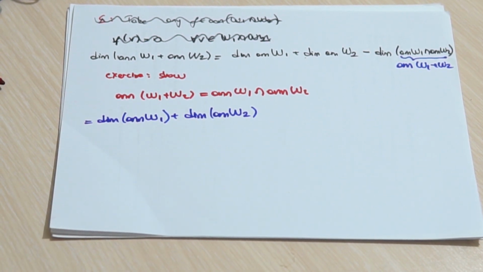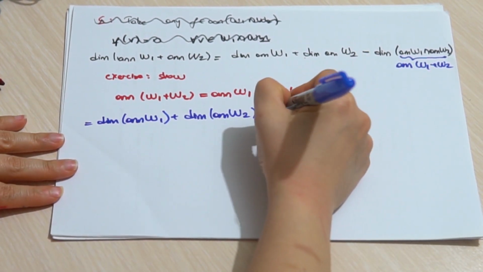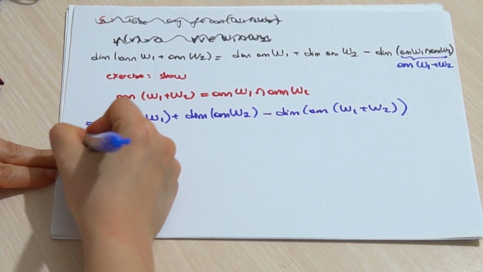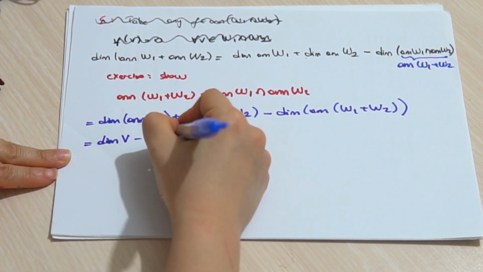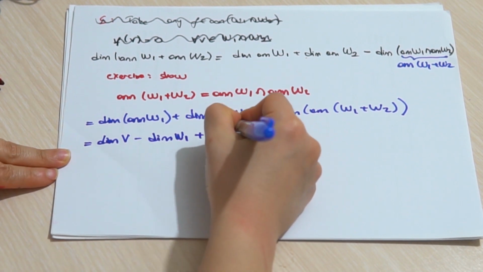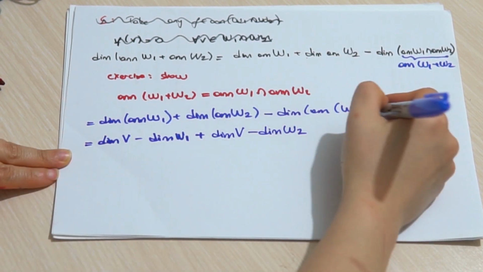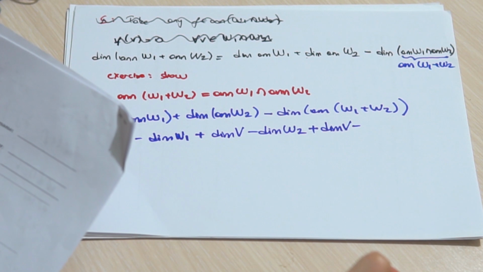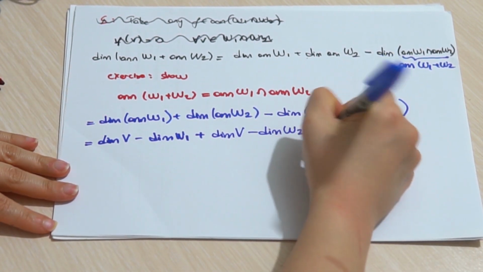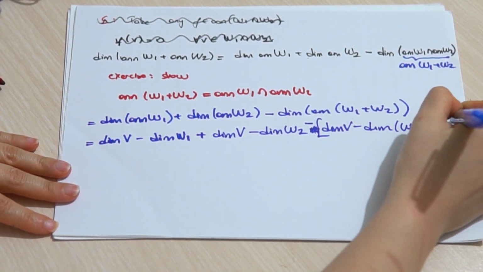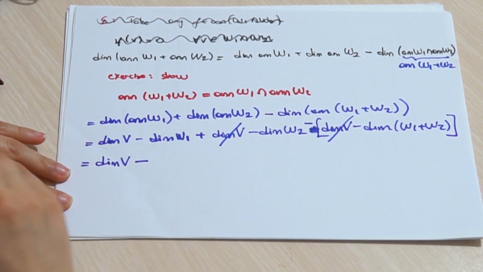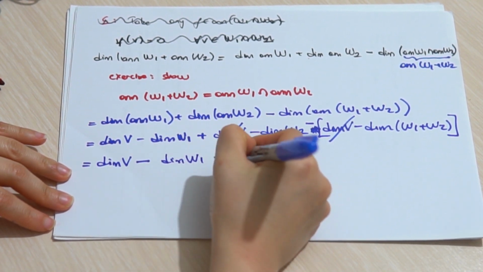And what we have here, minus dimension of the annihilator of V1 plus V2. Then we know that dimension of the annihilator of V1 is equal to dimension of V minus dimension of W1, and dimension of this one is equal to dimension V minus dimension W2, minus this one, which is also dimension of V minus dimension of W1 plus W2. Now this dimension V and this dimension V cancel, so we will have dimension of V minus dimension of W1 minus dimension of W2